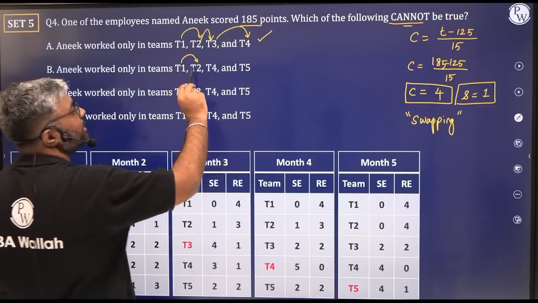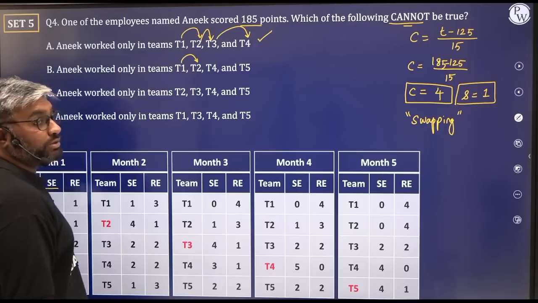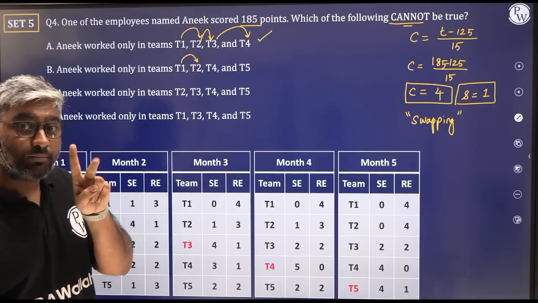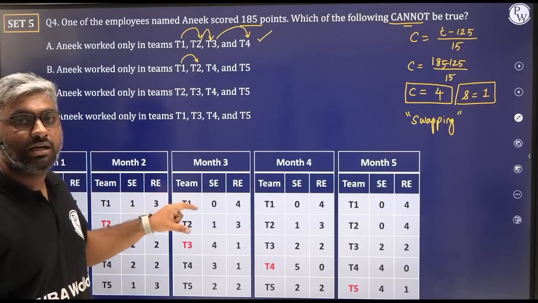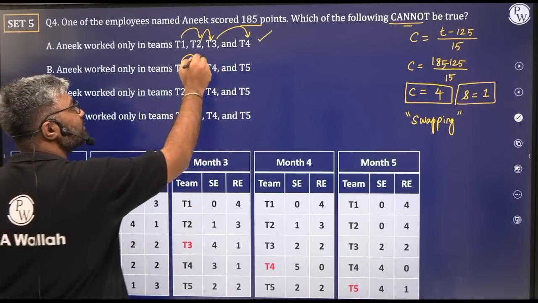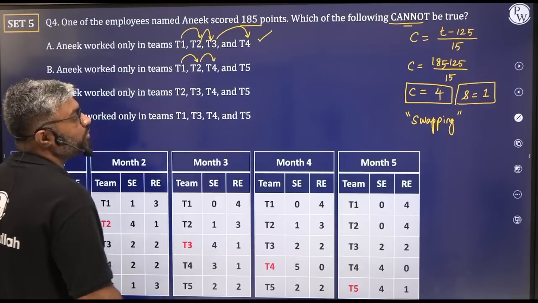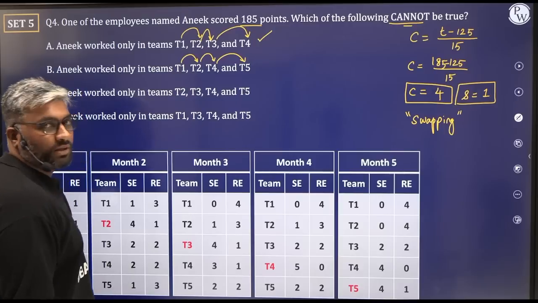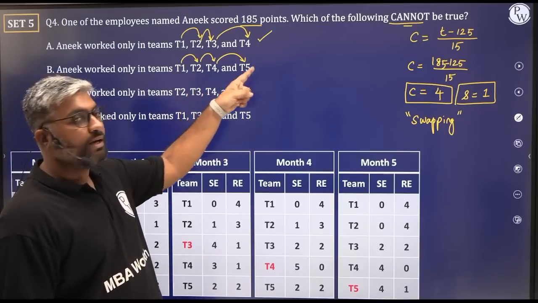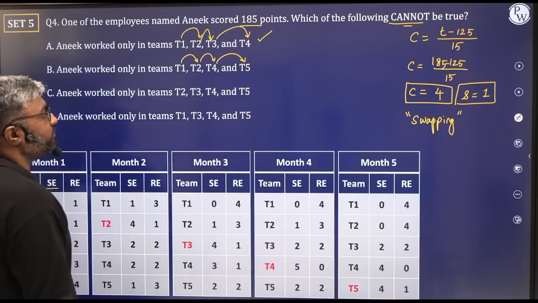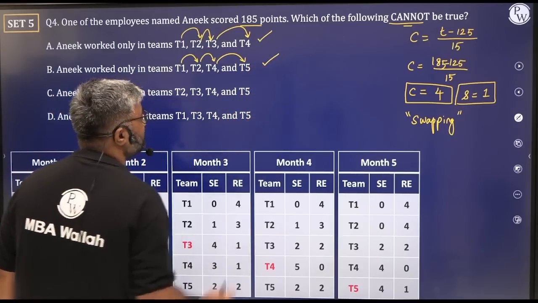Then from T2 to T4, not from the challenging वाला, but from the second option. If there are T2 and T4, if there are any SEs and REs and that swap, right? So it is possible he could get swapped from T2 to T4 and from T4 to T5 again through where? Through the challenging project concept, right? Swapping. So again, this is something that's possible.